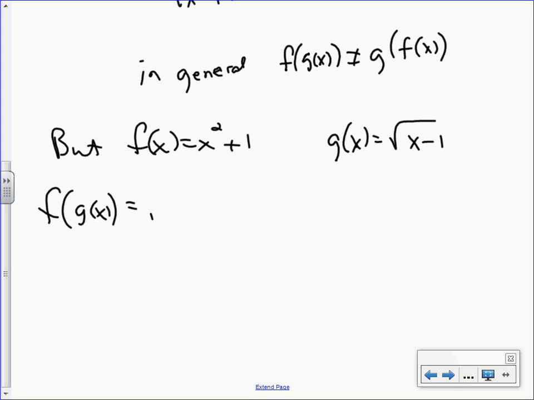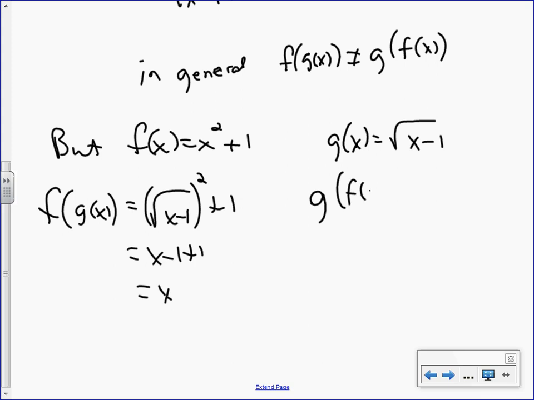It would be the square root of x minus 1, squared, plus 1. So f of g of x for these functions is x, and if you do g of f of x for these two functions,